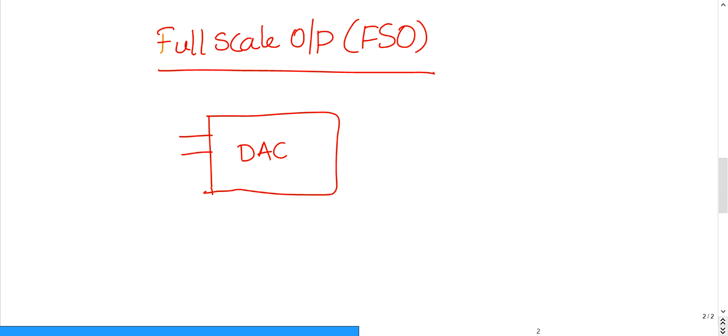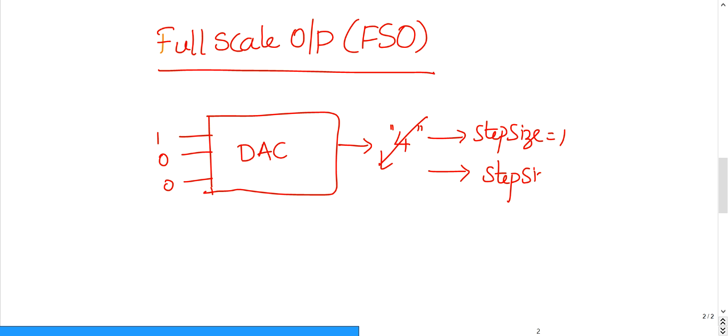Assume it is a 3 bit DAC, if I say 100, then you will say immediately the output is 4, provided the step size is 1. This is for step size equal to 1. Suppose the step size is changed to 2, then the DAC output is no more 4, it changes to 8, because it needs 2 steps, 2 times, 2 fold. So in general, the output of the DAC, this is a very important formula, is given by the analog or decimal equivalent of